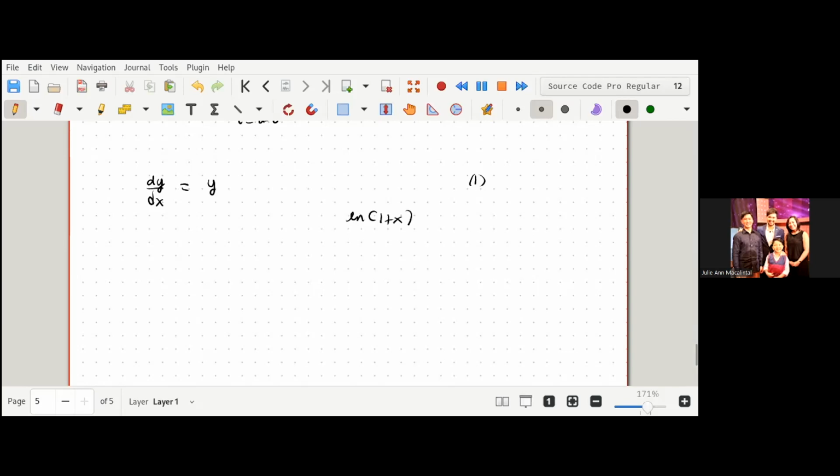So, we know that this is also... okay, pag differentiate natin to, we get dy dx is equal to 1 over 1 plus x. Sorry. Dapat pala, no? This one is better. Dy dx is... sige, sorry, that's a bad example. Opo. Let's go for...